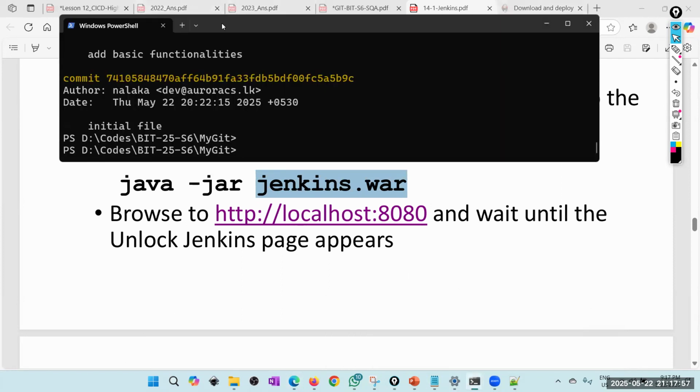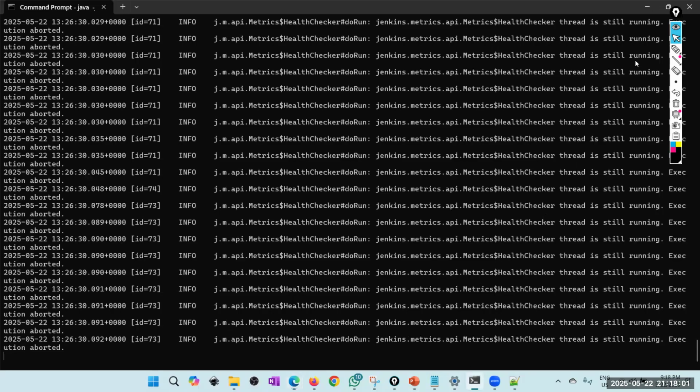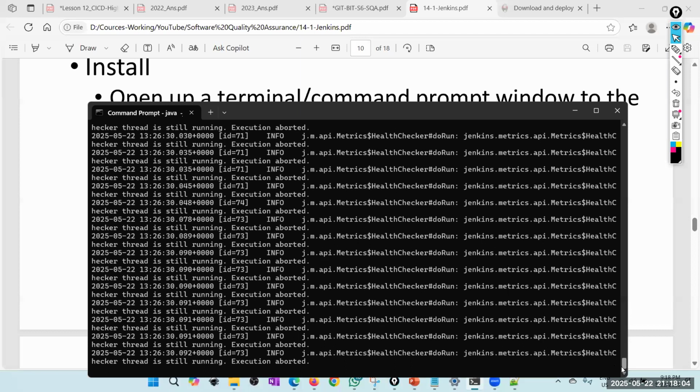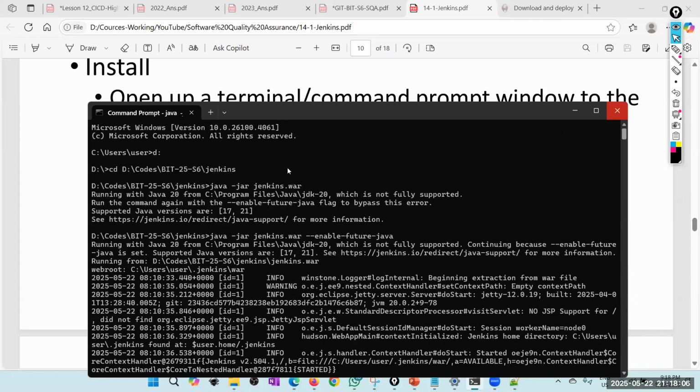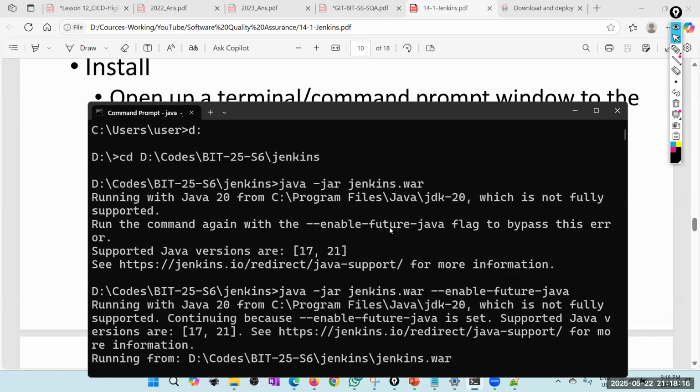let me close my GitHub. And when you run it, you will get this kind of command line. Okay, this kind of command. You can see I have already installed it, java -jar, right? Java -jar jenkins.war. Okay, and I got some error saying running with Java 20 is not fully supported, and it suggested me, anyway,